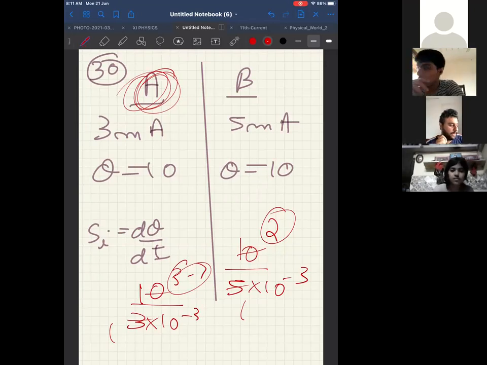A magnetic field can be produced by... Think about it and answer. A magnetic field can be produced by a moving charge. Does a moving charge produce a magnetic field? Yes. We have studied in electromagnetic waves, when a charge starts to move, it has both electric field and magnetic field.